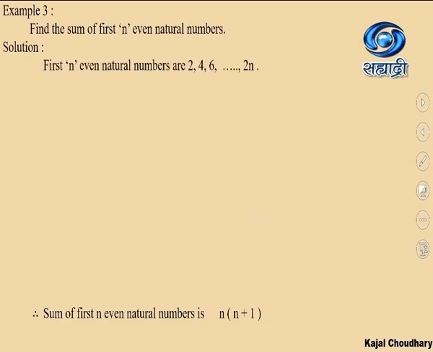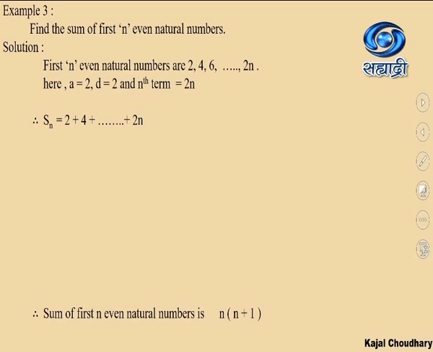Now, when we are saying even natural numbers, even number means the numbers which are divisible by 2, or we can say they are the multiples of 2. Therefore, if the first even number is 2, then the last even number is going to be n multiplied by 2. So, anything multiplied by 2 is always even. And where we have to reach? We have to reach this particular answer. Let's see how. Your a is 2, your d is 2, and your nth term is also 2n because it's a set of even numbers.